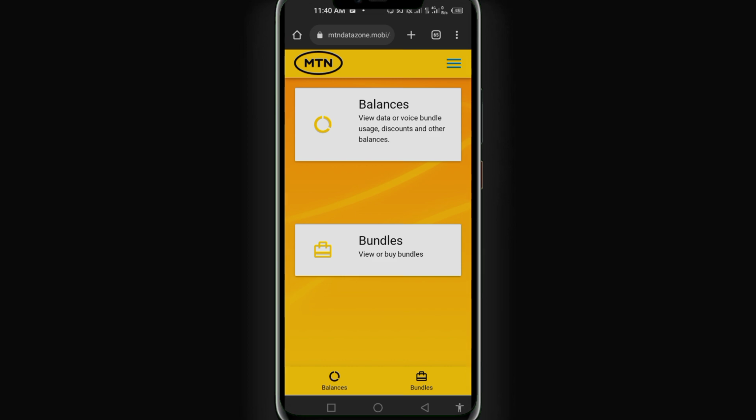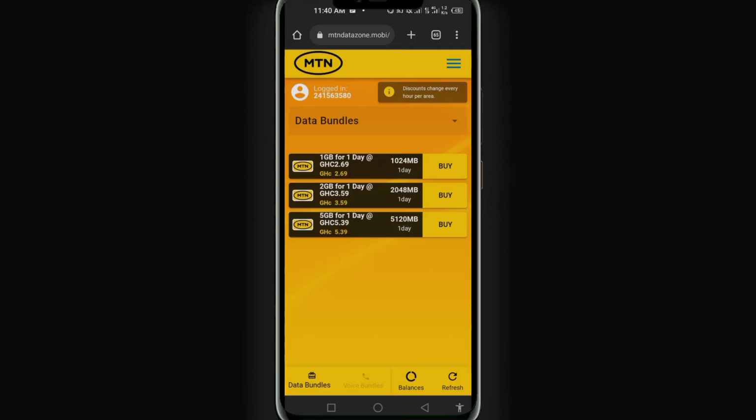so I can't go to the balance to check my current balance. Just go to bundles straightforward because you are buying new data. So go to bundles and you have the options here. In this case, I'm going to purchase the 2 cedis, that's the lowest amount of data that I want currently. So I just click on buy